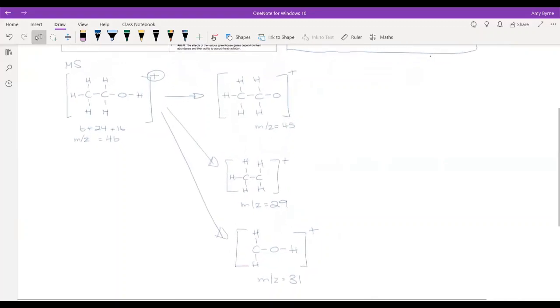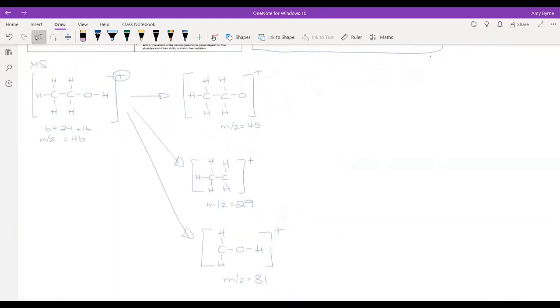Equally, I've drawn these as the charge ending up on the first half of that. Equally, because we're not dealing with one molecule, we're dealing with billions of them. So what could happen if I repeated this again, I might end up with